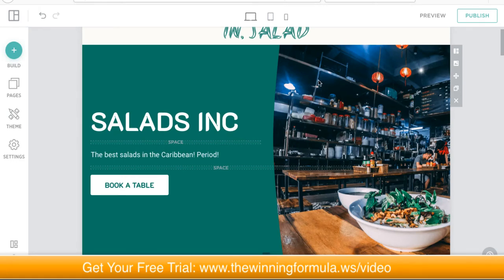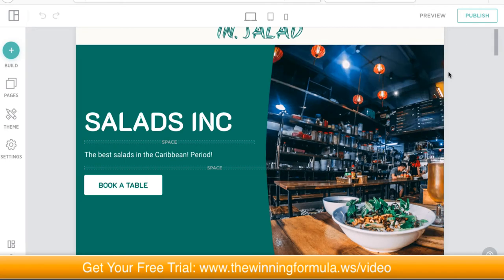Now, if I wanted to edit this picture, just move your mouse over the section and then look to the right. You have some options. Do you want to delete this section? Do you want to duplicate this section? Do you want to move it to another place? So for example, if I click on move,